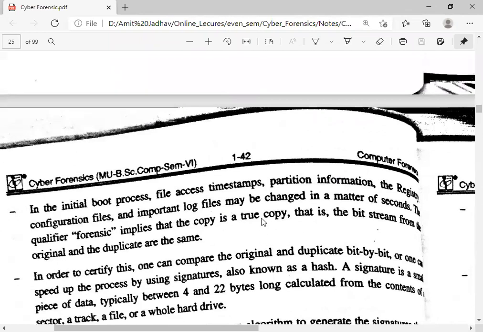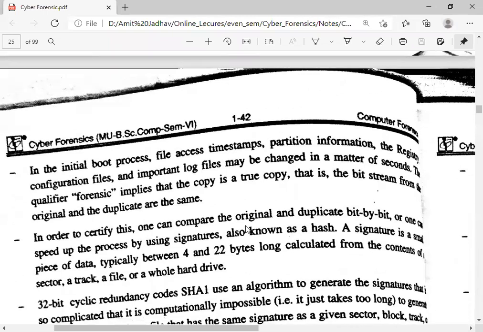So whenever we create the duplicate hard drive, the forensic developer should take care of the boot process, file access timestamp, partition information, registry configuration files, and important log files. Because whenever the duplication process starts, it may alter the information.